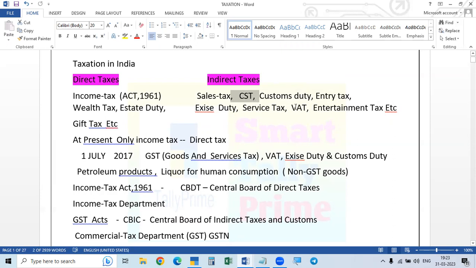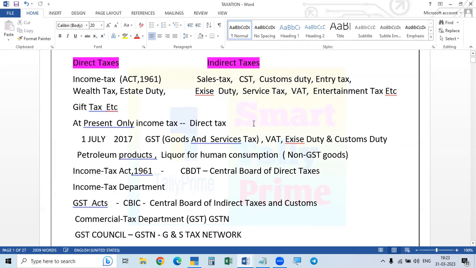And even before VAT, each state had its own sales tax, and they would levy the sales tax, and the central government would levy the central sales tax. So in this case, the people were suffering a lot. And one more thing,